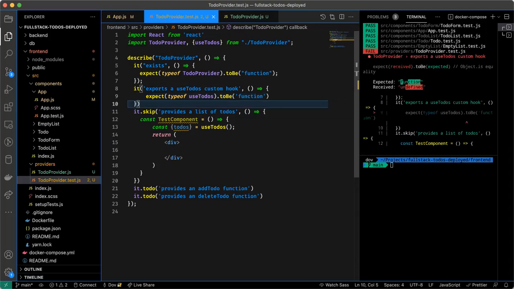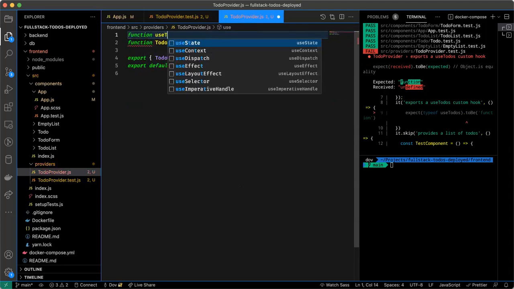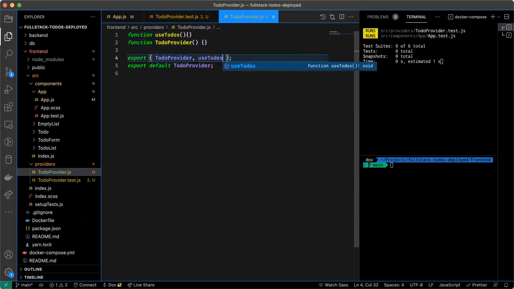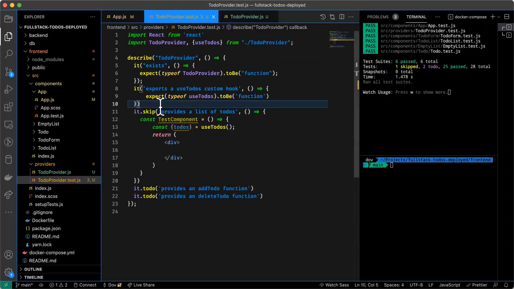That test should pass because I did write it. Oh, maybe I did not. To-do provider, no, I didn't. Okay, so in here, I'm going to make a function of useTodos, and we're going to export this as well. There we go. Okay, now we can continue with this test where this is going to take to-dos out of